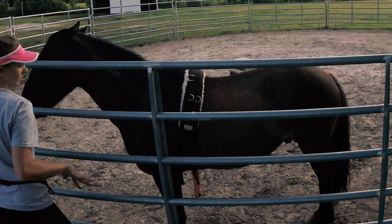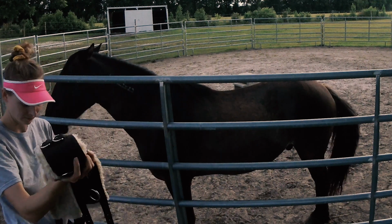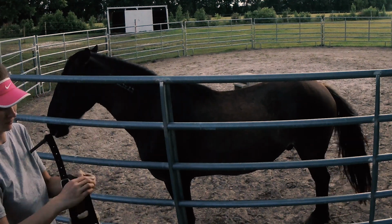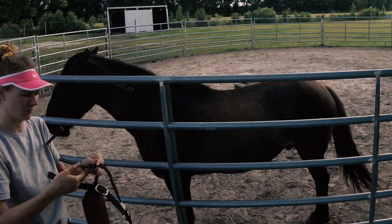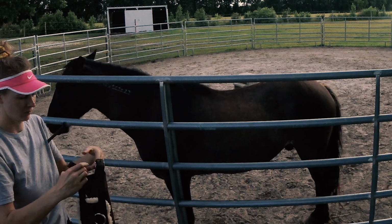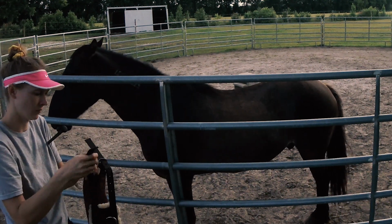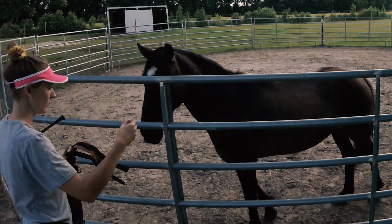And I know the girth is not lying where it's going to when I start to girth it up. I'm okay with that. I want him to feel it all over his belly, and it's not a big deal before I start actually making more pressure on it. So I'm going to fix it up real quick here because he's a pretty little guy, so I have to adjust it from using it on the other horses. I had it up too high, I think. It wasn't fitting all the way, but